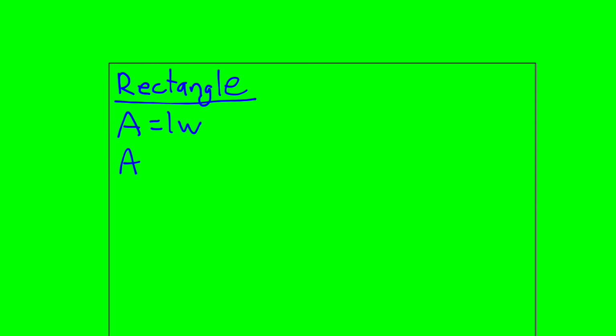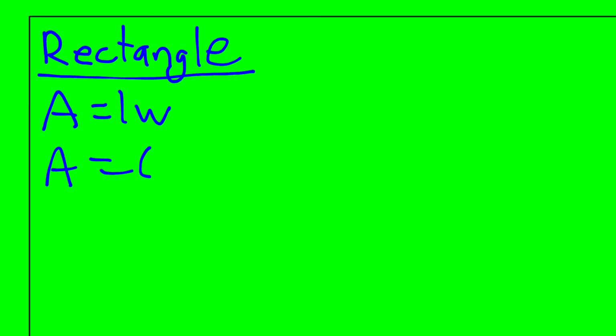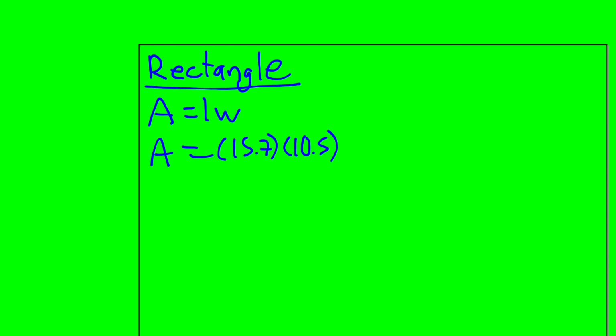So I'm going to go over here. I'm going to write rectangle. And rectangle is area equals length times width. Area equals, the dimensions are 15.7 times 10.5. So 15.7 times 10.5. Definitely want you using some technology for these calculations. So we'll do that calculation. And we get the area of the rectangle is